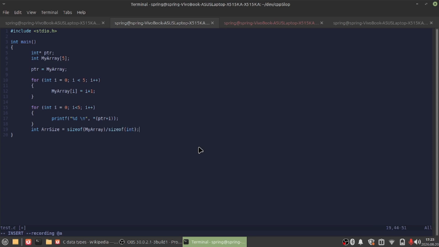So here the program is taking the entire size in memory that the array occupies, getting the size of an integer, and obviously since it's an array of integers, it's always going to be a multiple of that, and the multiplier is exactly the number of integers that are currently stored in the array. And if I actually print that,